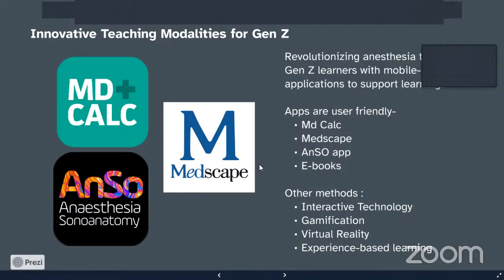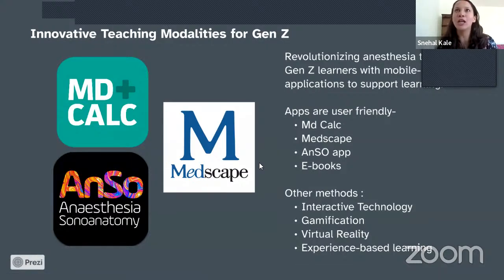Yeah, Medscape, we are using quite often. Right. Okay, so thank you for that. So basically, what I've found out is that a lot of the Generation Z are very used to these kinds of mobile apps on their phone. And believe me, they're very user-friendly. They're actually really helpful. Some of these apps like MedCalc, Calculator, and Medscape are completely free. So it's pretty helpful. And I'm just giving a small and quick example to show how that works.